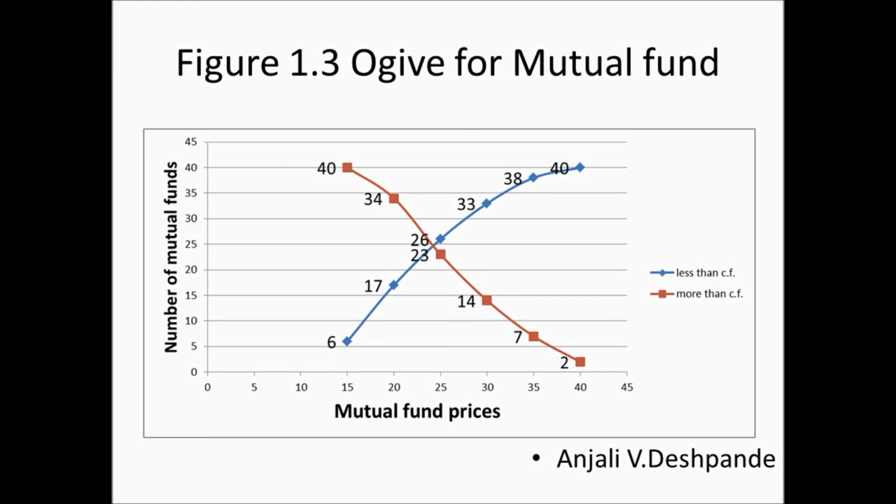Now to draw the cumulative less than ogive, first of all, see here these are all the frequencies itself. Only the way the plotting is done makes use of the less than or more than frequencies. For less than ogive we take the less than cumulative frequencies, 6, 17 and so on. And for the more than ogive curve we take the more than CF values and plot them. Two ogives, whether less than or more than type, can be readily compared by drawing them on the same graph paper, like it has been done in this particular case.